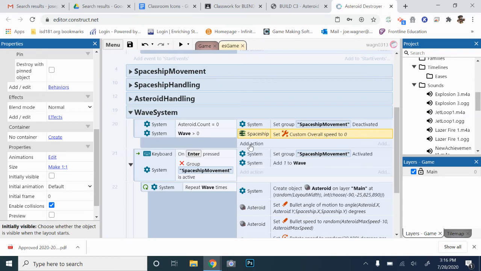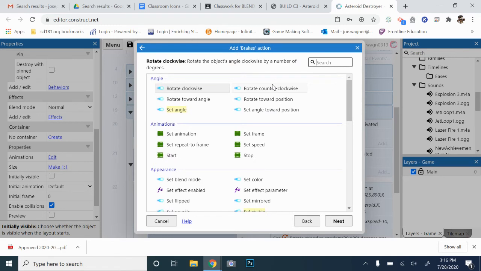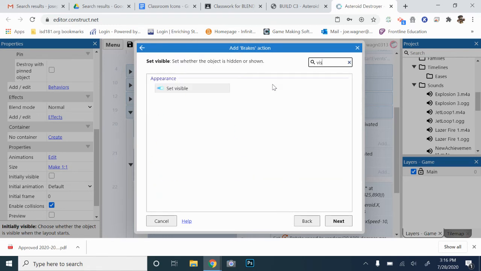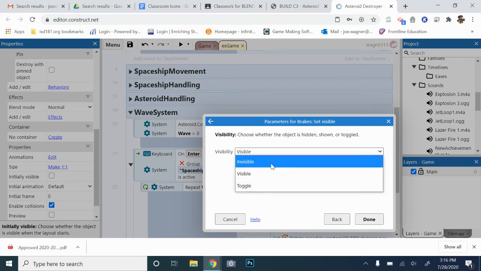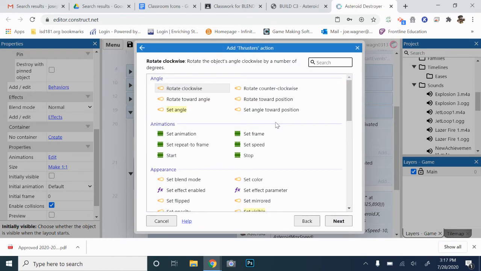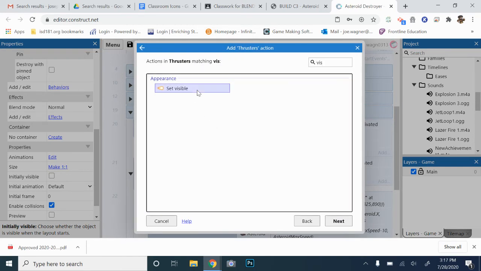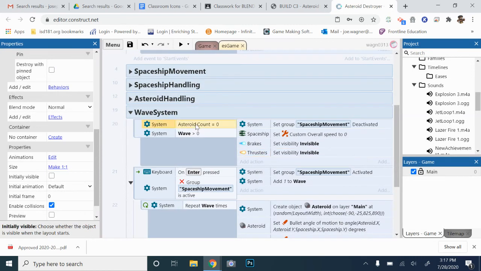So what we're going to do is we're going to add an action for the brakes and the thrusters. So I'm going to do brakes. We're going to do set visible. Okay, and we're going to set it to invisible. So you're going to change it invisible. And then we're going to do thrusters. We're going to do set visible. We're going to make those invisible. Okay, so on this asteroid count event here, we just set the brakes and thrusters invisible. Is what you want to do there. Okay,